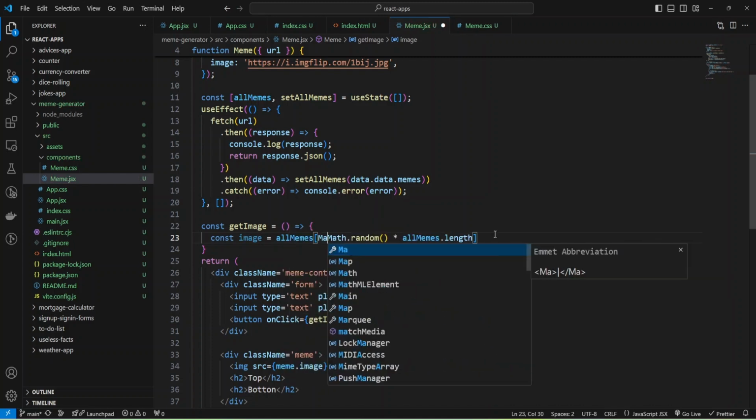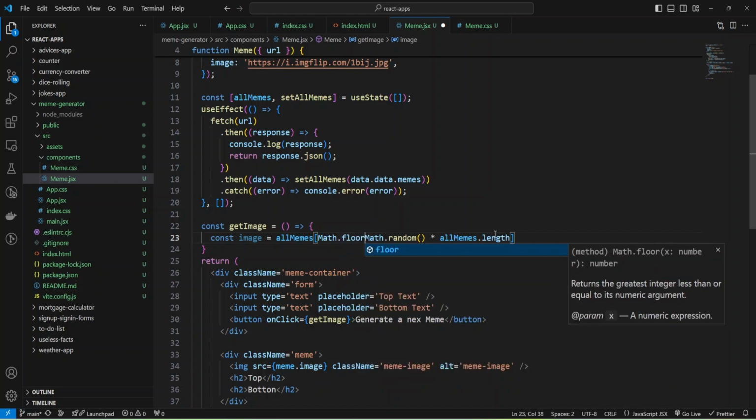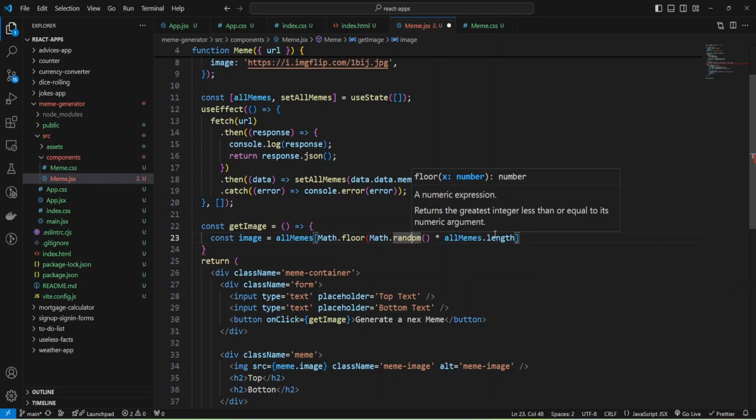For index we need some round number, and I'm going to use Math floor to get the greatest integer.